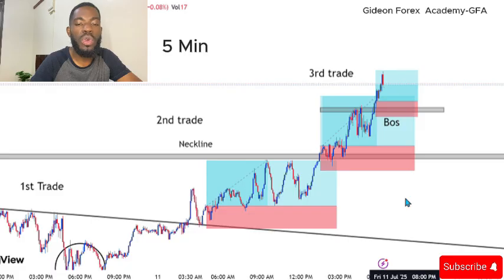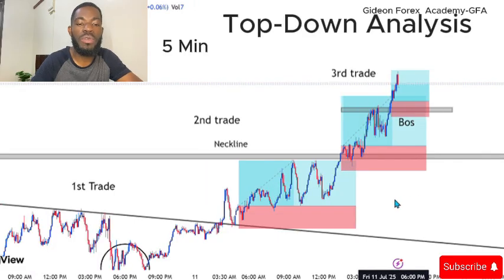So you can see how the top-down analysis is very effective for trading. You begin from a 4-hour time frame to a 1-hour time frame. Make sure that if the 4-hour time frame is bullish, the 1-hour time frame is also bullish, and look for chart patterns like inverse head and shoulders, head and shoulders pattern, or double top or triple top, and also look at bounces off trend lines, confirming that the trend is continuing to the upside or downside. So follow the trend and look for chart patterns and candlestick patterns at lower time frames